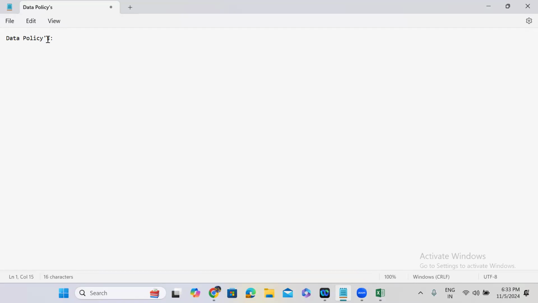And we will also discuss UI policy as well. Guys, as the data is coming from different sources, UI policy will work only from the form. It will not work from all other sources. So UI policy will work only from the form, whereas data policy will work from form,